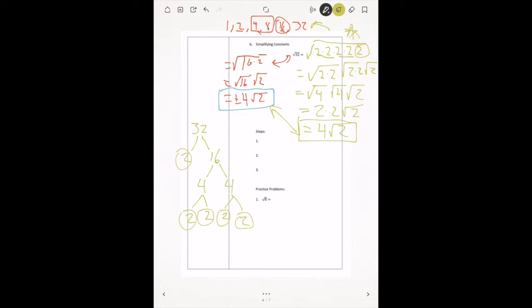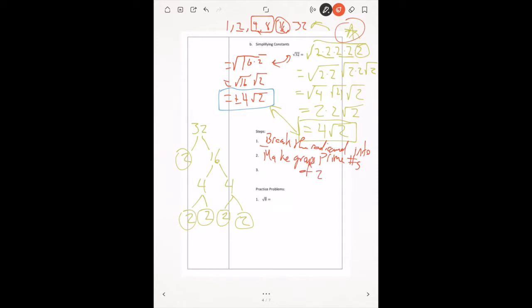So here are some steps that we're using. I'm going to give this method's steps first. Break the radicand, remember, that's the thing inside the radical sign, into prime numbers. The next step, once we do that, is to make groups